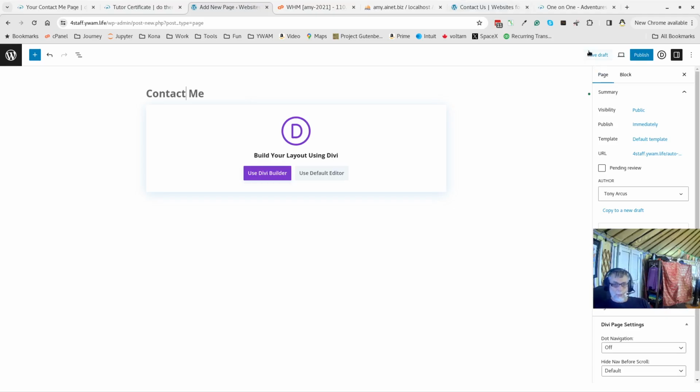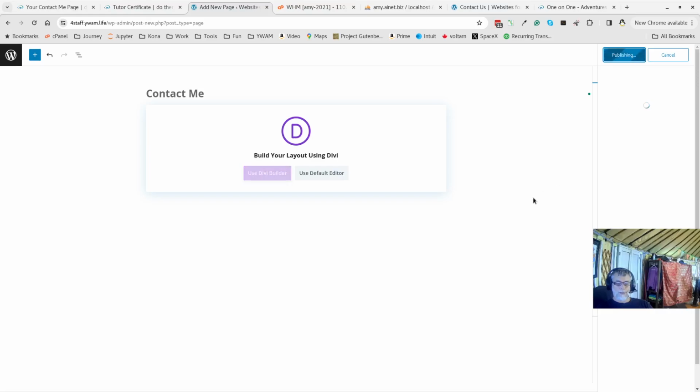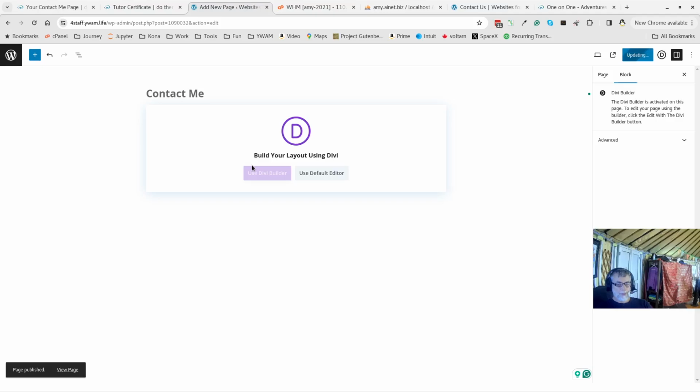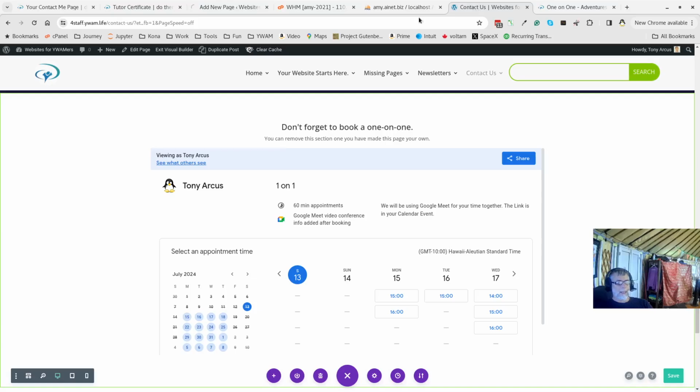And we could just save as a draft, but generally I go straight to Publish. I like to do things quickly, so we'll go click on Publish, click on Publish again. We now have the Contact Me page. We can go straight away into editing with Divi. But while we're editing with Divi, what we can also do is go back and